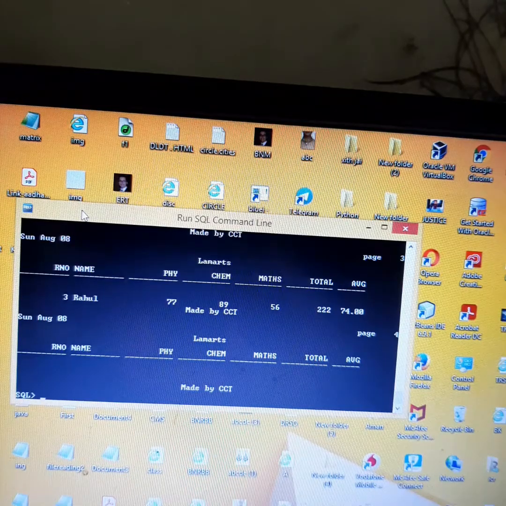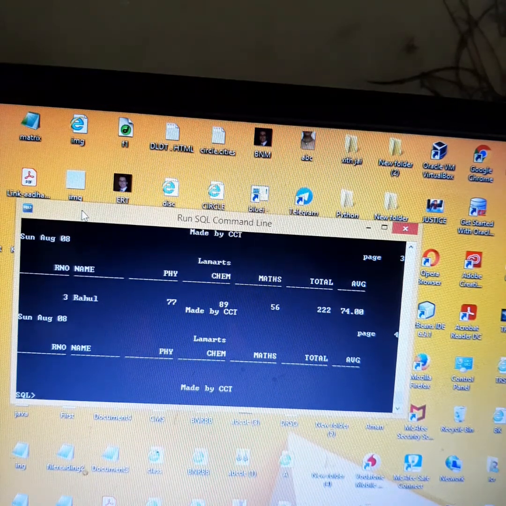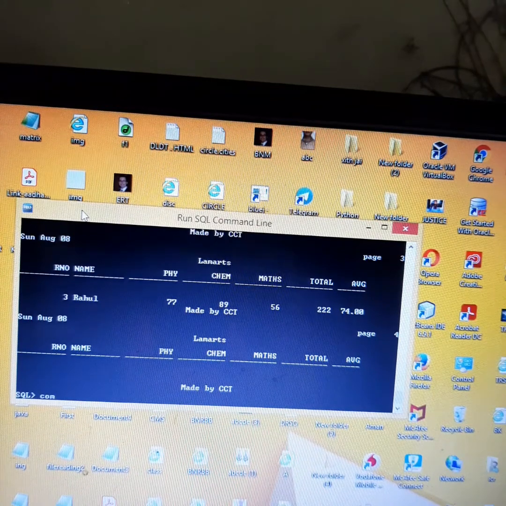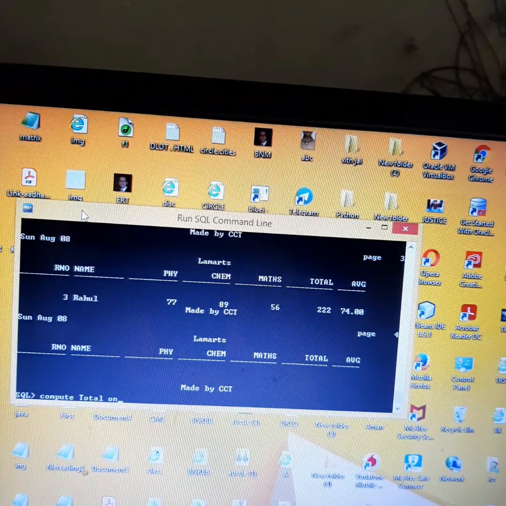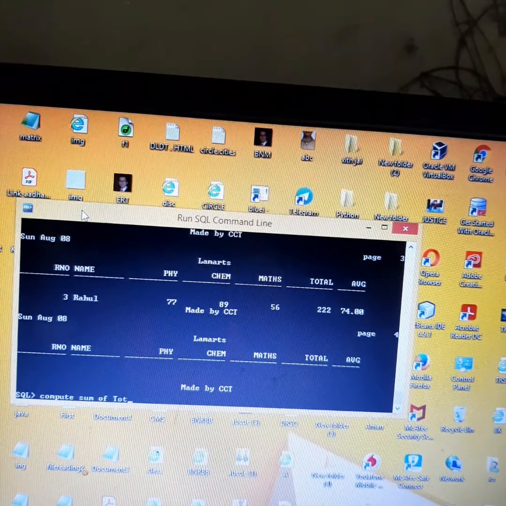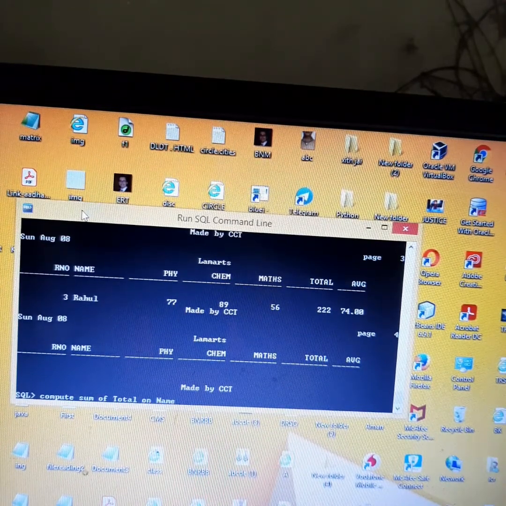Then there is another command, that is compute. If you want to calculate subtotals or something like that, but in our student table or scholars table we do not require that. So let's try an example. Suppose I write compute sum of total on name.